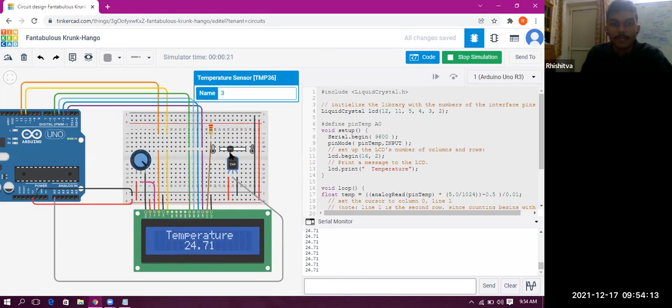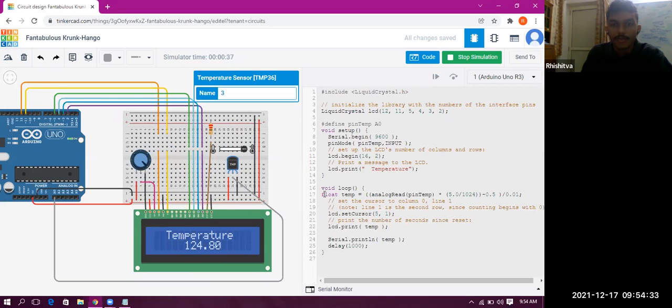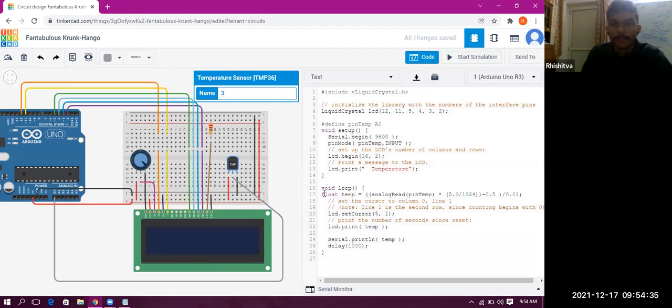Let's say I change it on the temperature sensor and take it to -40. You see the change over here in the LCD, -40.23, and on the serial monitor also, -40.23. When I take it to its maximum, 125, we get 124.80 on both. Why are we getting this decimal value? It is just because of this float data type that I'm showing. This float is used to get a decimal value. I think now it will be much clearer.